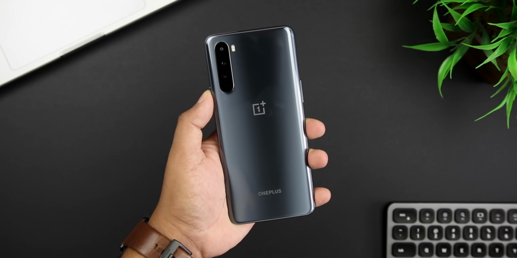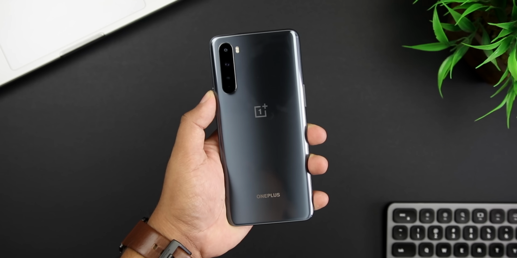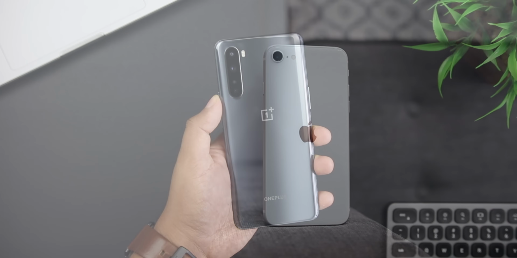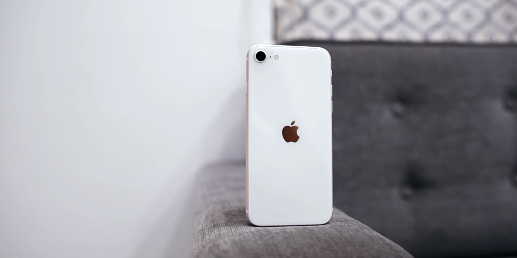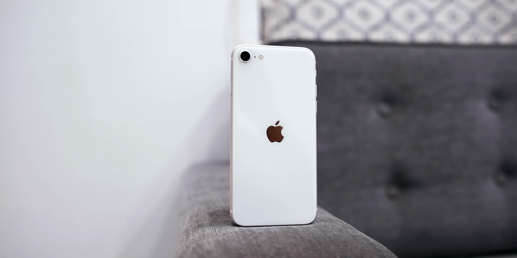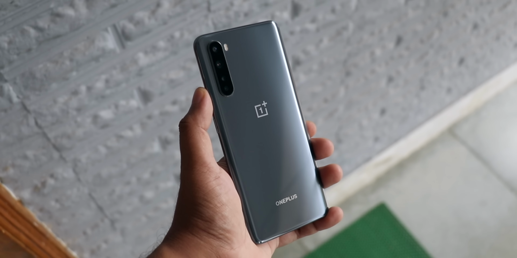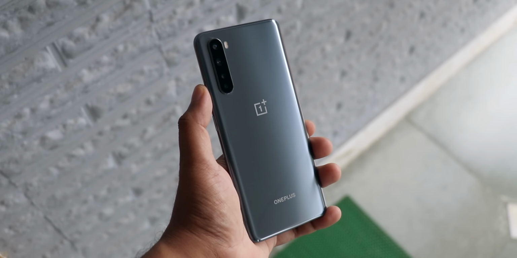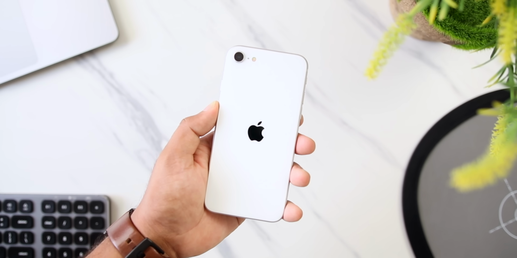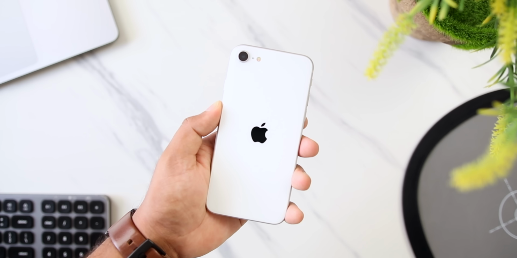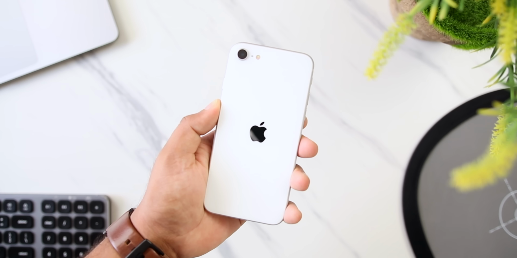iPhone doesn't have a macro or a wide lens, so Nord is the obvious winner in those two categories. iPhone SE again comes back strong with its better looking portrait shots. In indoor light, I don't mind using either of these two phones, but in lower light, OnePlus Nord is definitely better. If you have the extra money and you want an overall better camera phone, you should go with the iPhone SE. It comes with a single camera, but it makes the most of it in all lighting conditions.